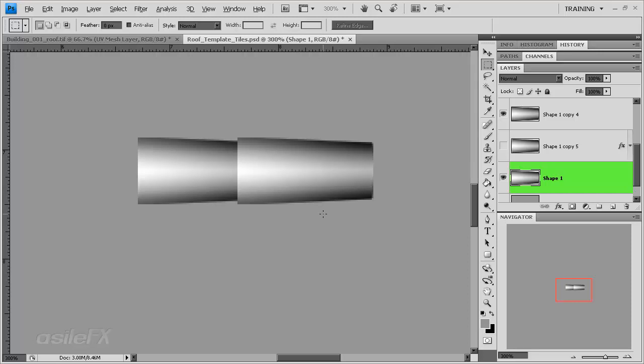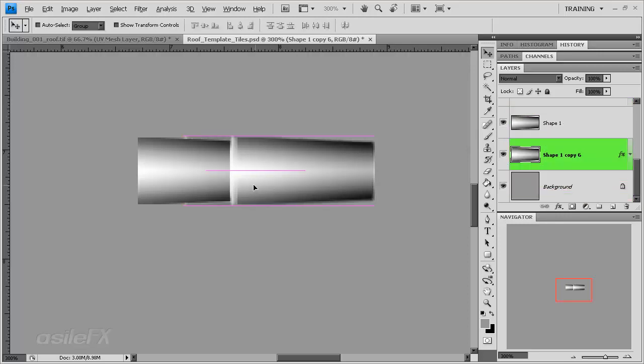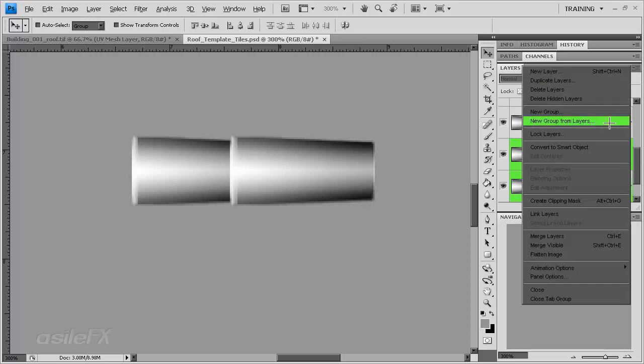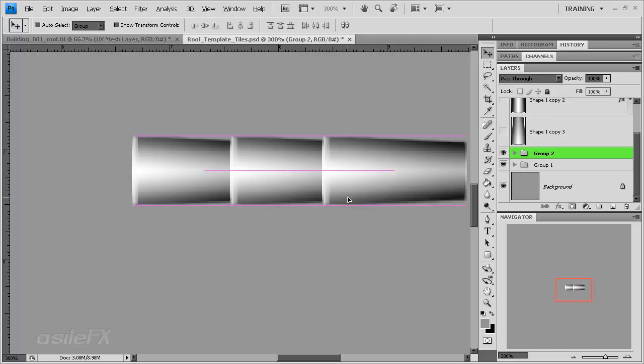I'm going to turn back on that grout layer and make a copy to put in front of the other one in the first tile. And then I'm going to create a group out of those. So select both the layers, new group from layers, and that way we're going to be duplicating the groups. So select the full group, V on the keyboard, the Move tool, Alt and Shift, and then you can nudge that over. Now at this point, if you want to turn back on snap, you could have some even tiles,